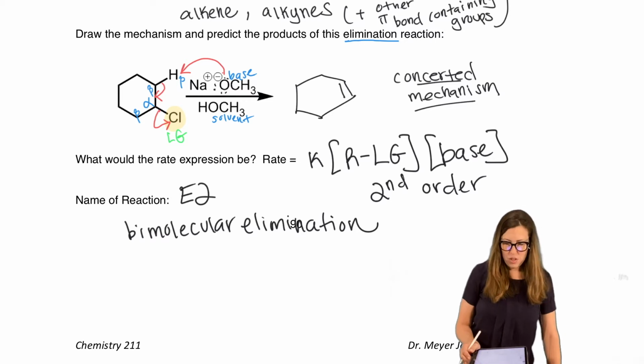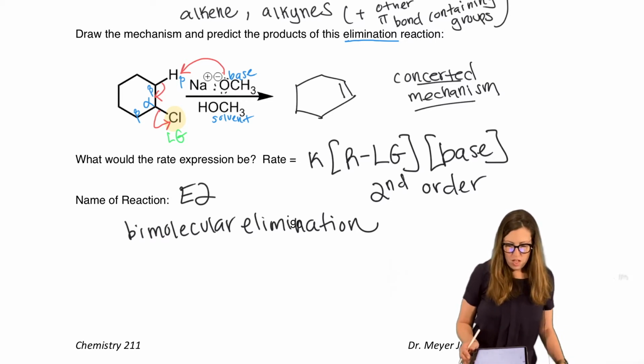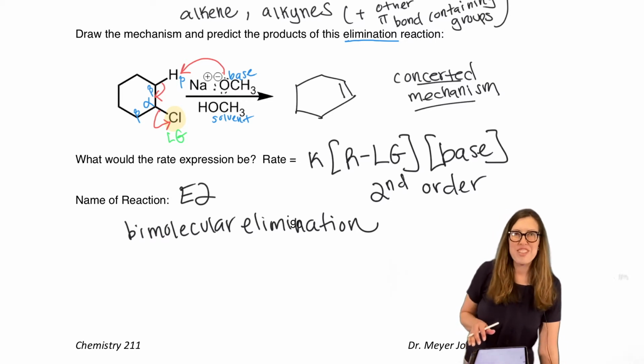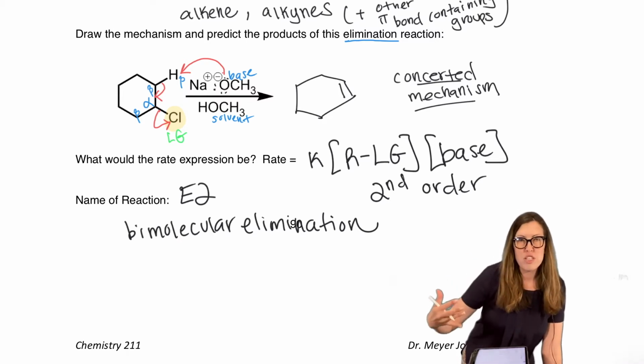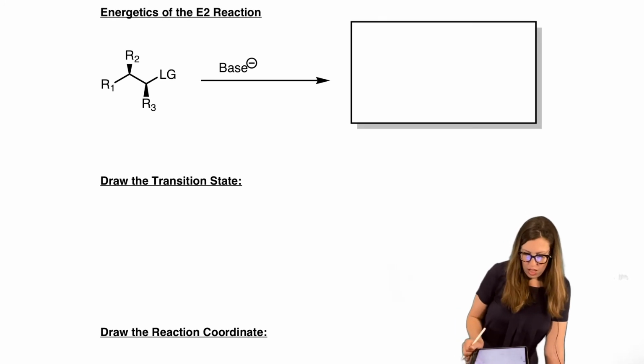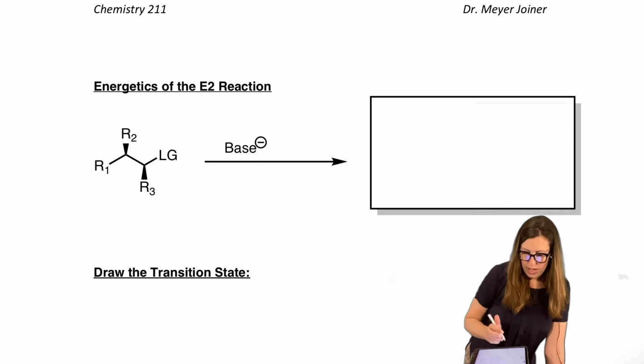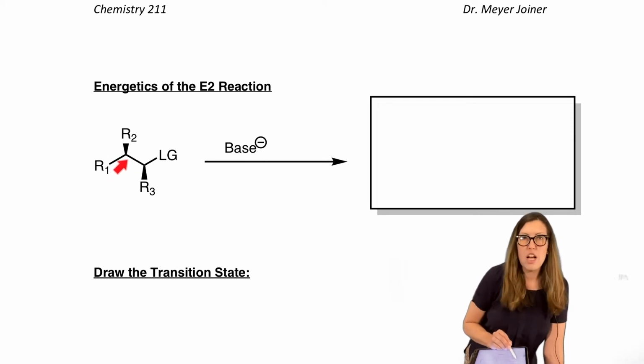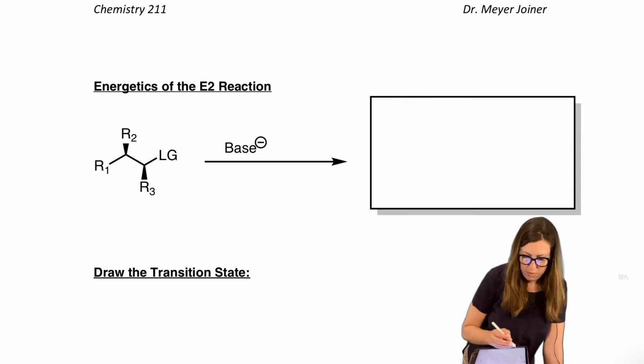Okay, so let's look at some features of E2. We're going to take for granted and build on what we understand about energetics, transition states, and so on, but we will look at those components for E2 as well. Okay, so I'm going to do another example reaction, and I'm going to kick up the difficulty a notch by introducing some stereocenters, some 3D spatial arrangements to think about.